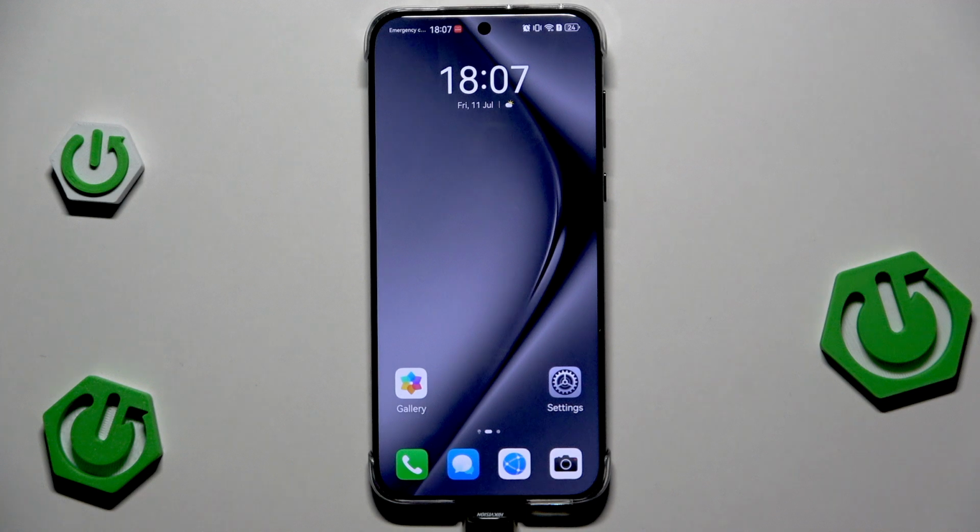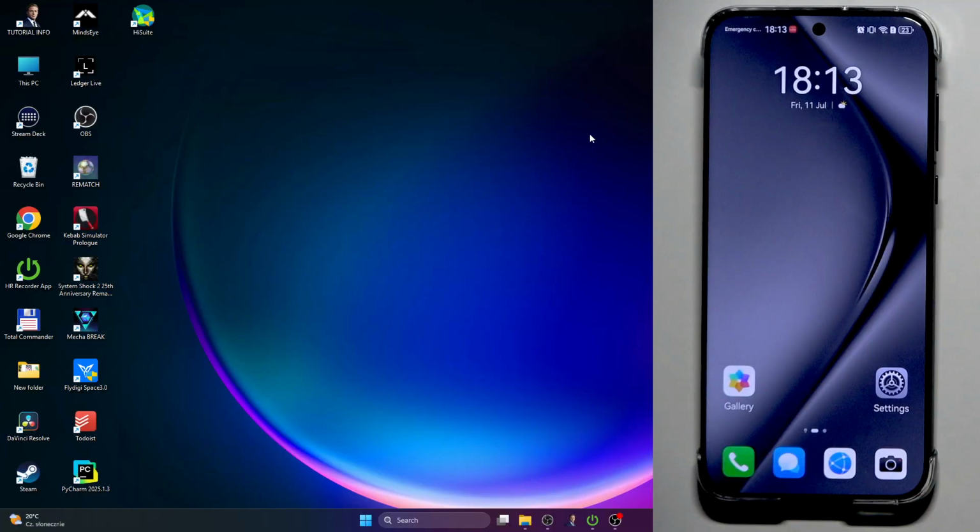Okay, and the last method, I'll show you how to restore from HUAWEI HiSuite, but we need a PC or laptop to do it. So I'll see you on my computer. Okay, so now we are on the PC, and now we need to download the HiSuite app. To do it, we need to open up the browser,